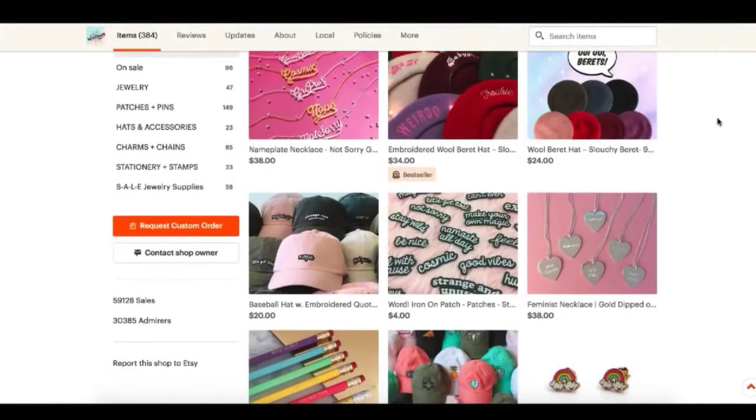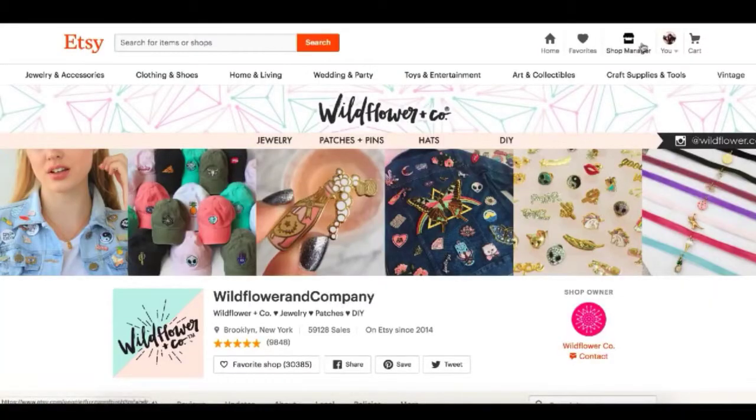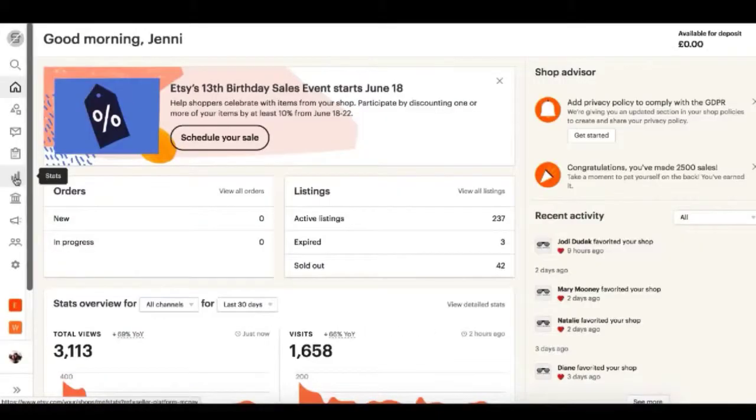In the meantime, I would argue that it is best for you to start with one very specific thing that's working for you that customers are buying. Don't try to sell them everything under the sun because it's not going to work. Start with one thing that works for you, make it into a bestseller, and then you can move forward based on what your customers want or other things that you're seeing them buying on Etsy. This is easy to find. All you have to do is click on your